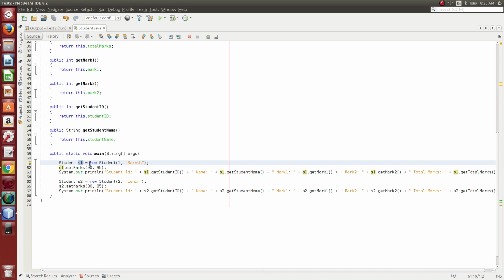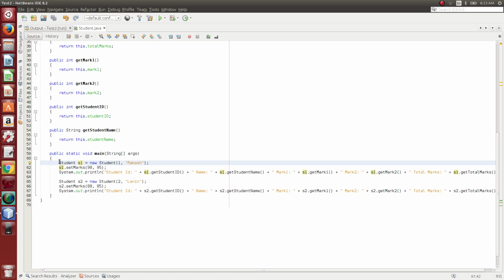For s1 we have used new. Whenever we specify new, the system, in the sense the machine, creates some memory for that object. Now comes the constructor. We have specified that we need to assign value 1 and name Rakesh to the student ID and student name while creating the memory itself.